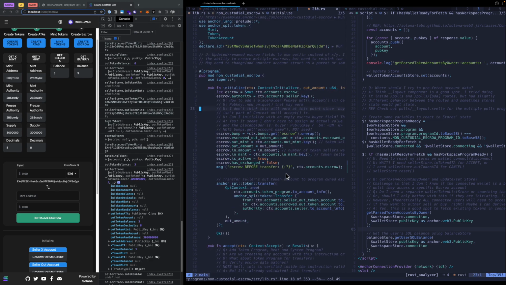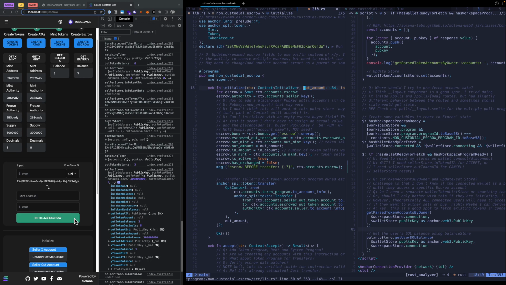But when running it through all of this stuff, on the JavaScript TypeScript side, I need to pass these out amount and in amount instruction arguments up here, they need to be passed as type big number or BN. So the raw amounts matter, because if I only pass 3, then it literally is treating it as 3 in terms of raw amount. But 3 is not in reality the raw amount. It's more of this, what is this, like 300 million total tokens. So I pass it as a big number